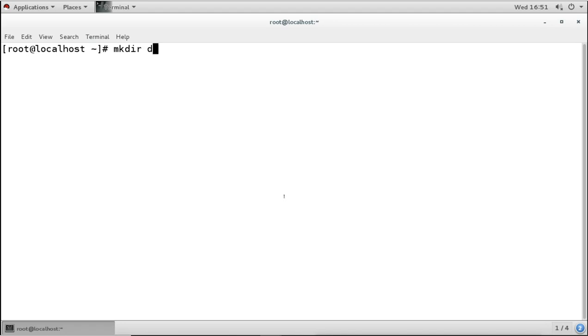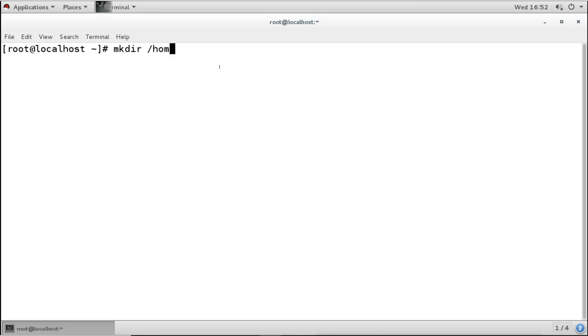So if I say directly D1, it is going to be created under the same directory. That means right now we are in the root user's home directory, so it is going to create the directory under the present working directory. Now if we want to create it somewhere else, then we will give the absolute path. For example, I want to create it on the desktop of the other user.